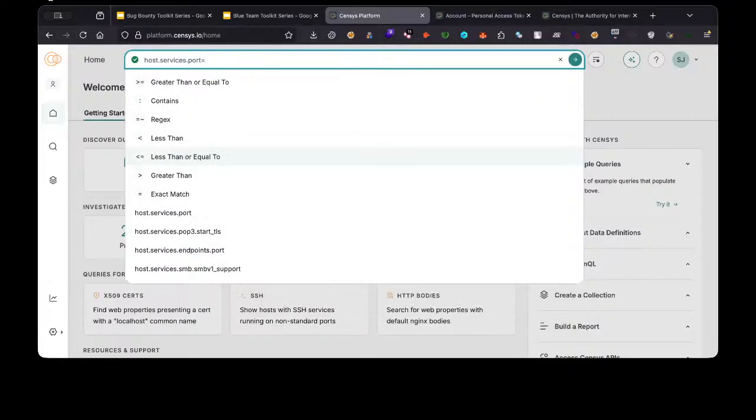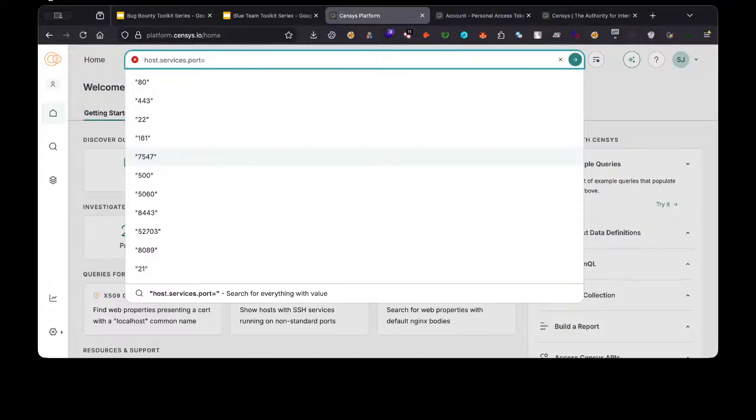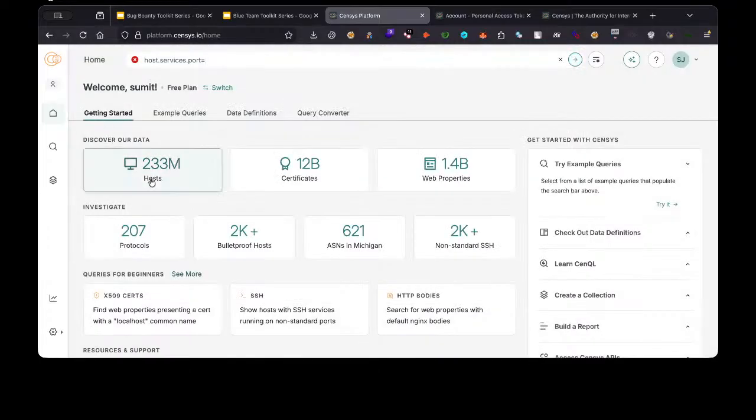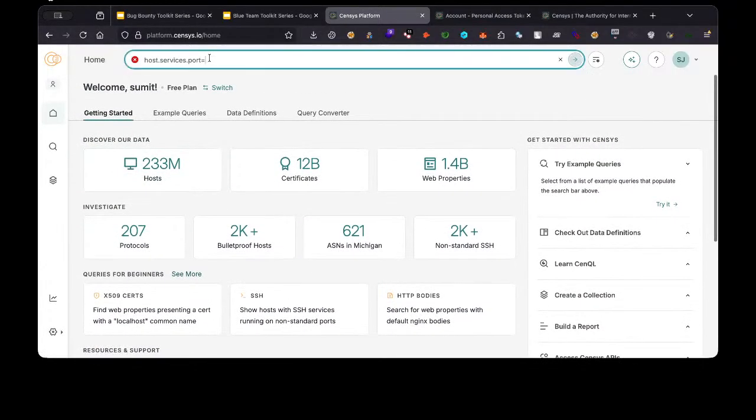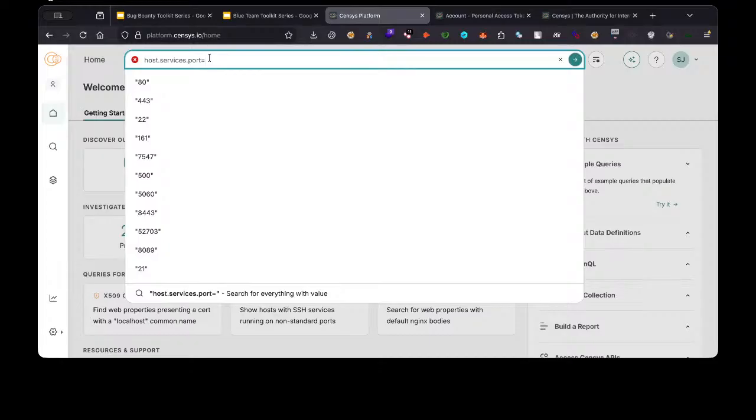So right now I want to see the exact information for a particular port number. You can use it like this. There are also some important port numbers given. See, here in the platform, it shows it has information about 207 protocols. These are the extremely important protocols we have. That's why these 207 protocols are given. But you can search for a port number, suppose